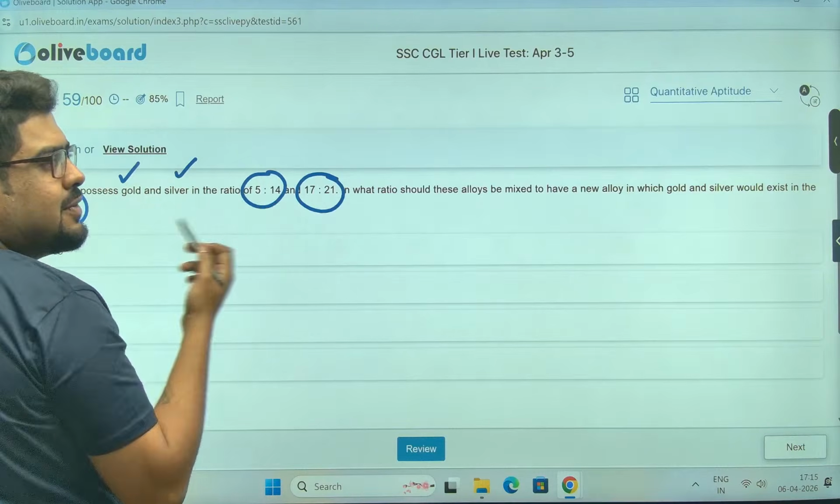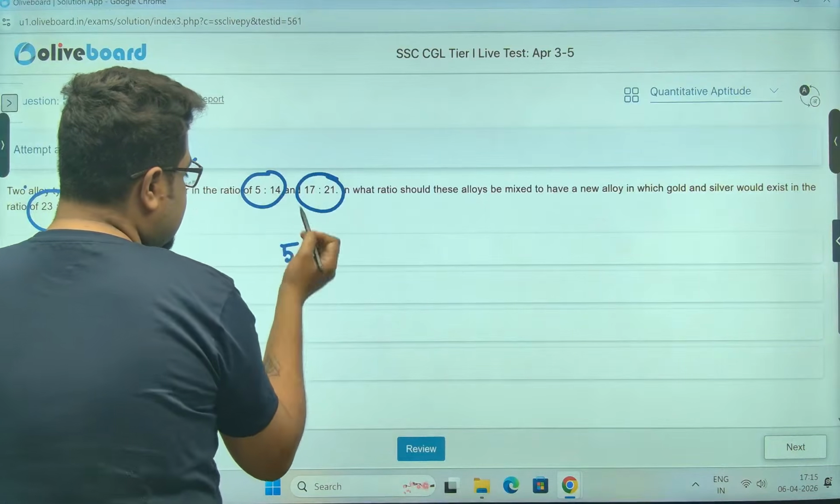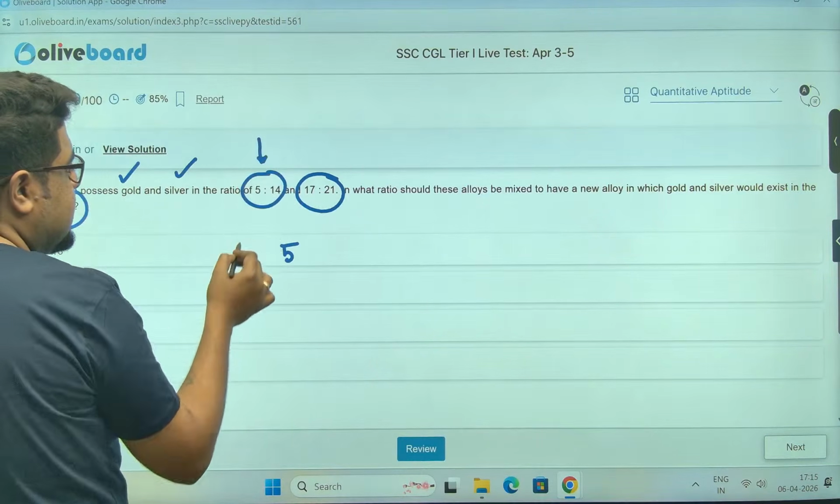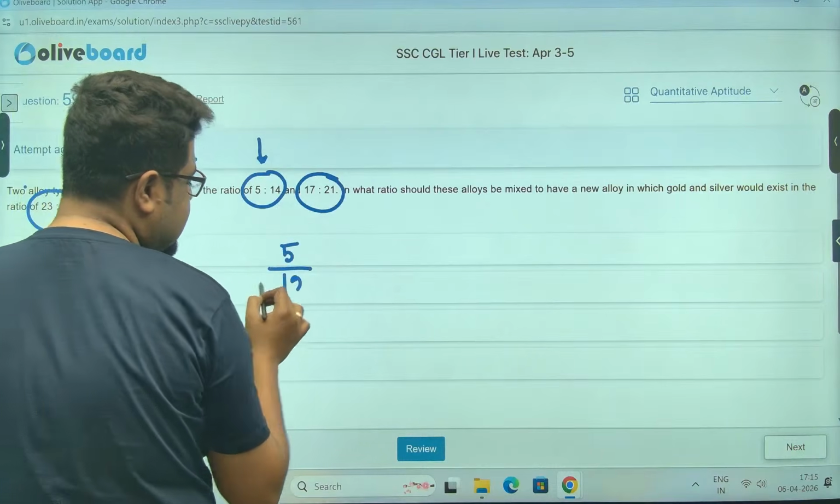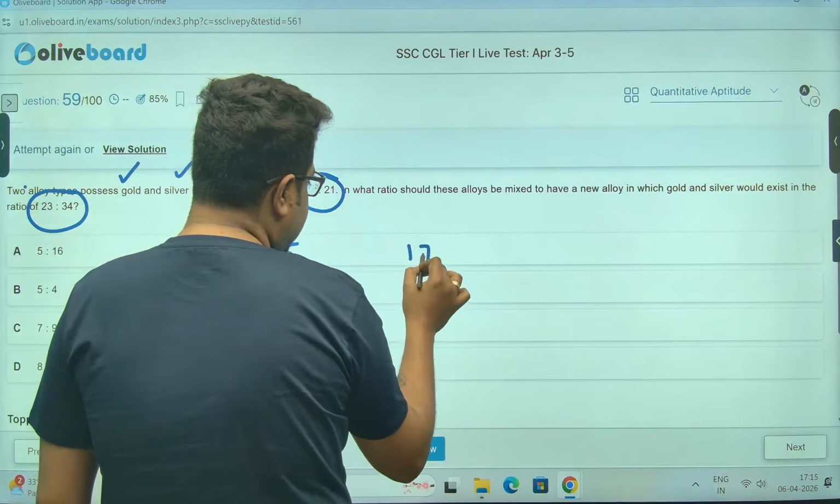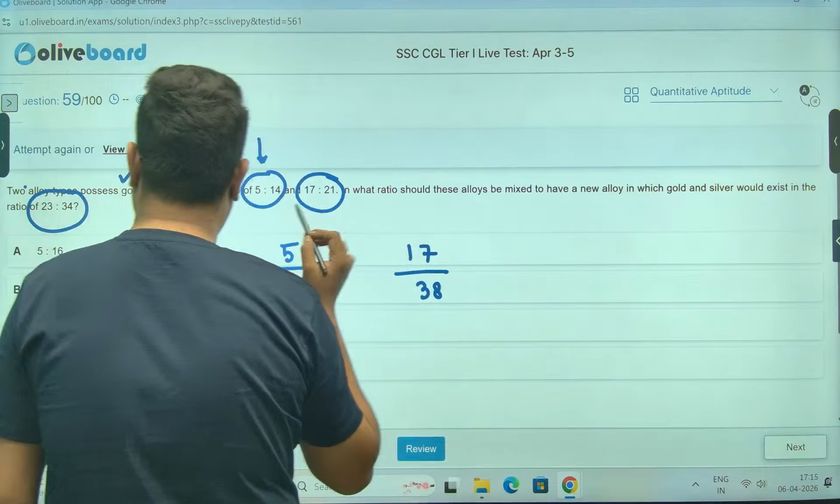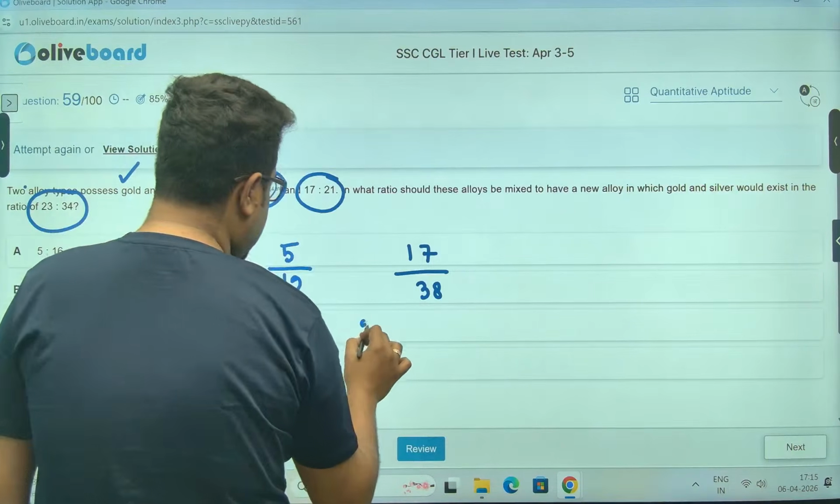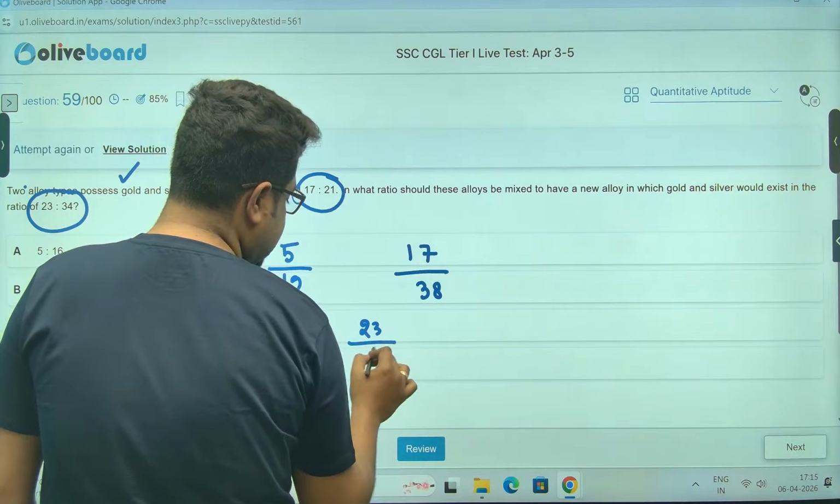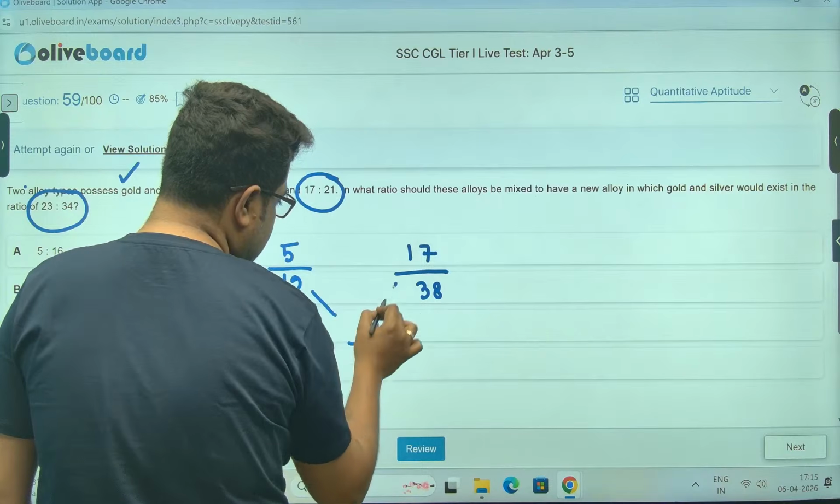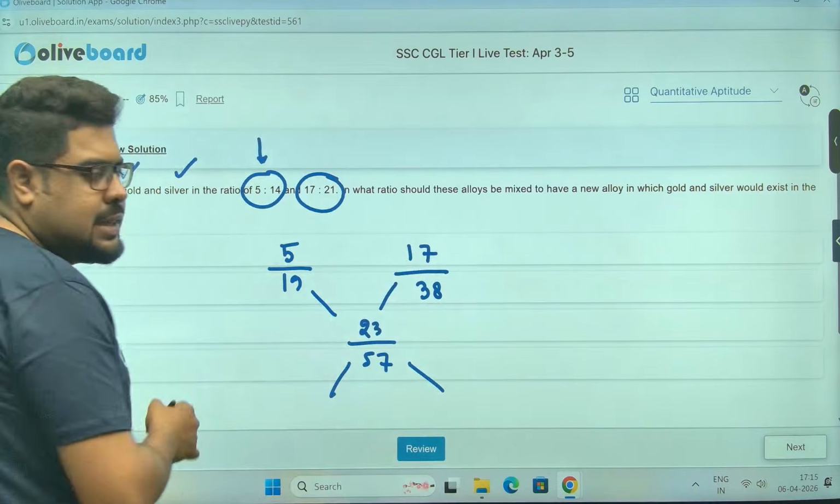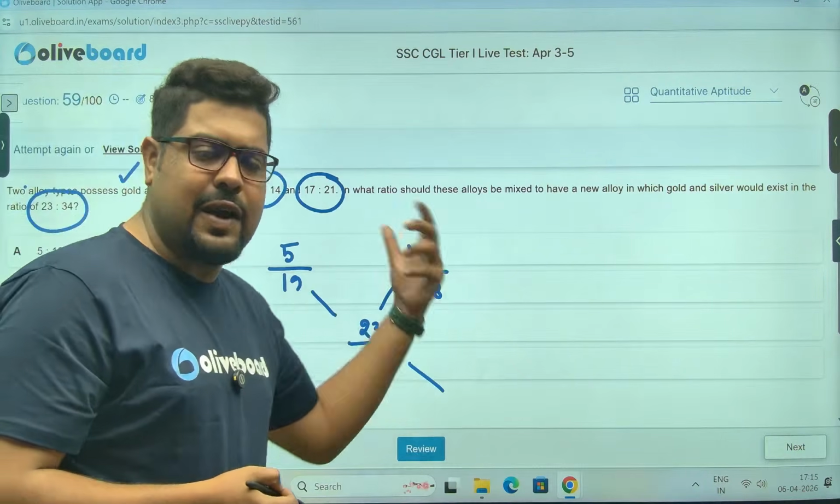Now, gold values are better, so I'll take the gold value. In the first mixture, the gold is 5 out of 19 parts. Second mixture, 17 out of 38 parts. Third mixture, 23 out of 57 parts. So take the ratio. Now, either you can take the allegation like this if you're comfortable with calculating fractions, or